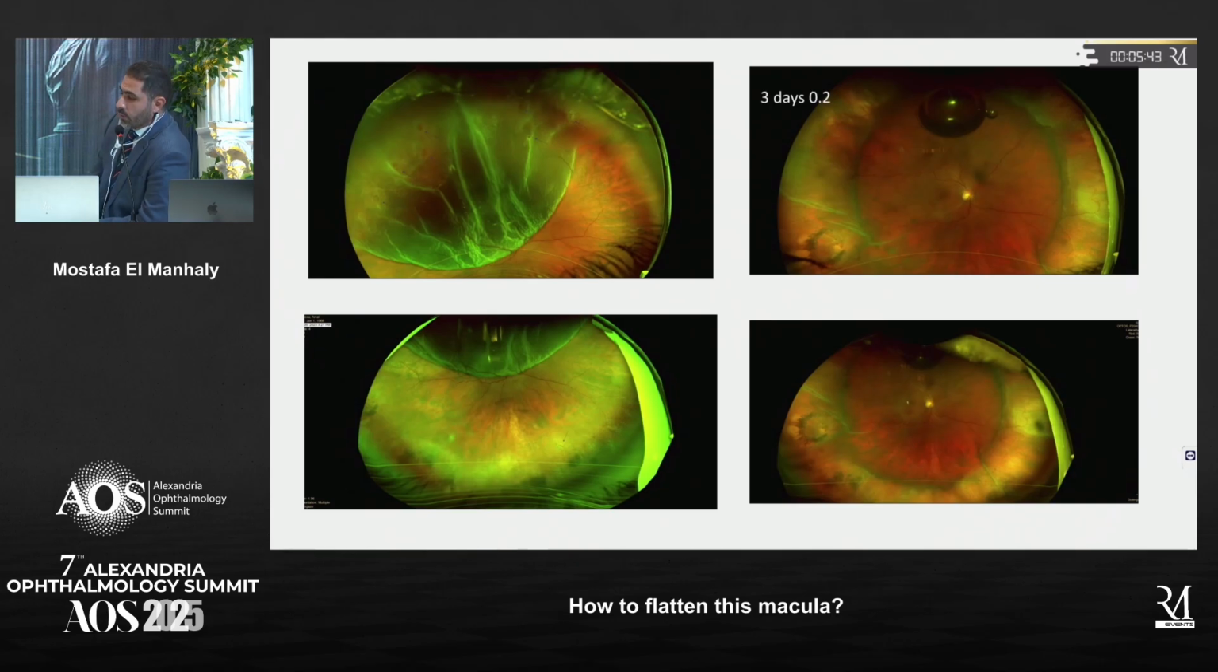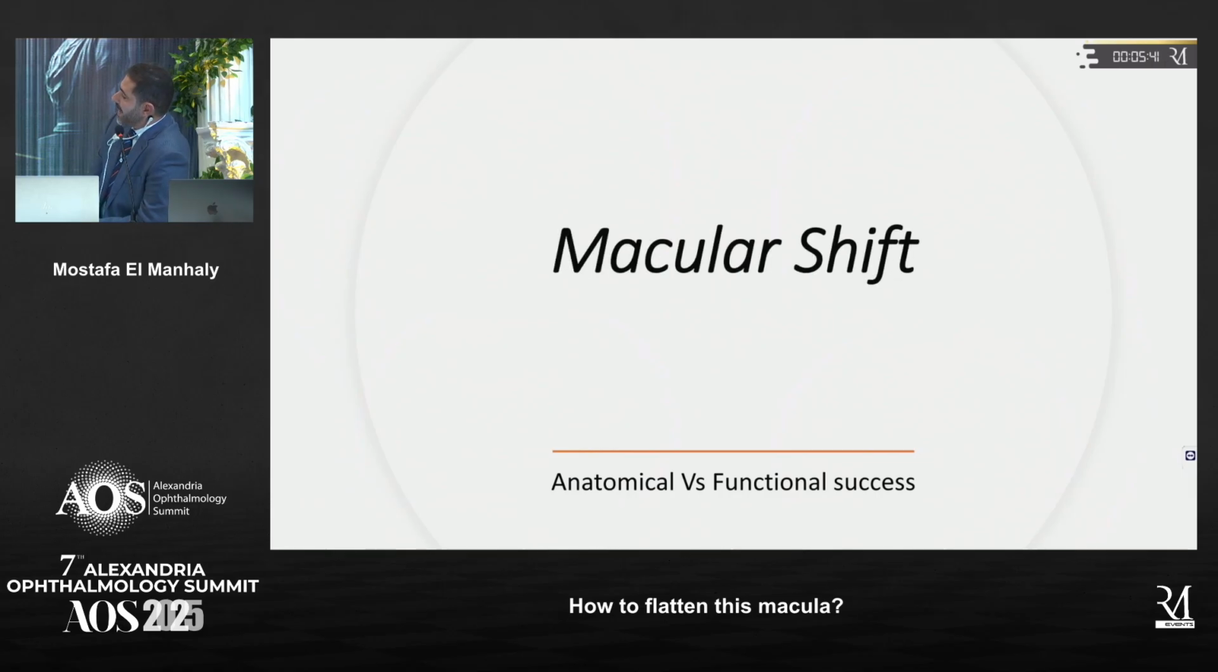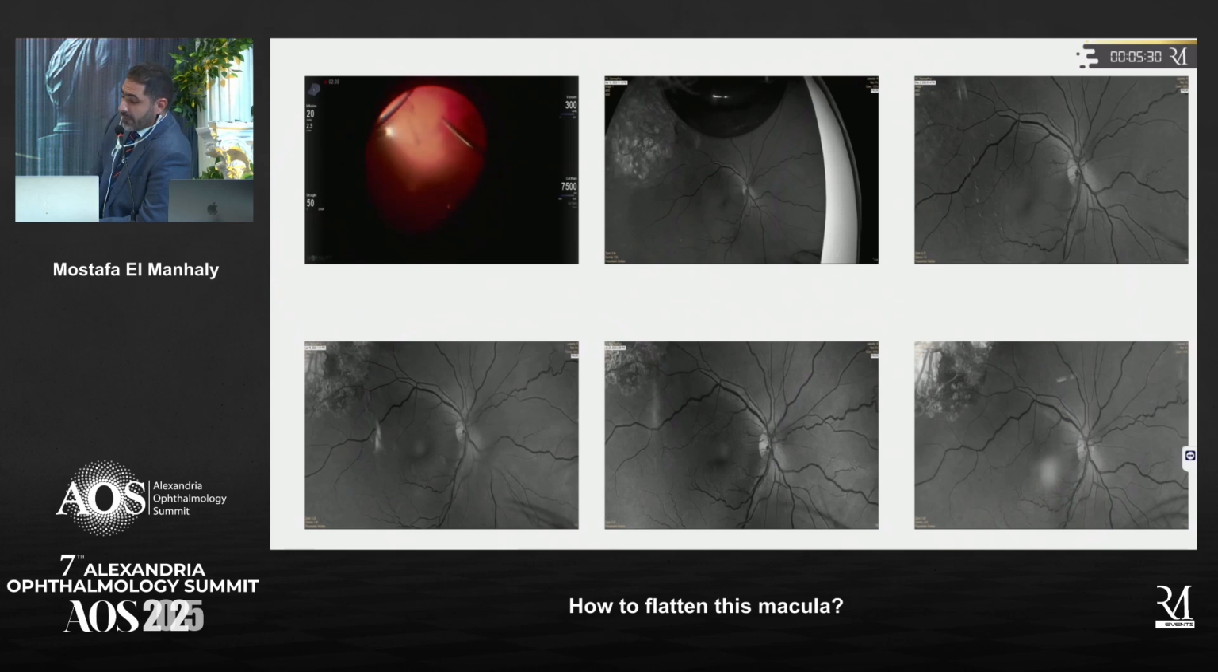So this will take us to the next topic, which is the macular shift. Which is important for us? Is it the anatomical reposition or the functional success? This is my question, because in such cases of retinal detachment, this is a case of a superior tear with a retinal detachment that underwent a vitrectomy, and I put in gas and everything went well. But on doing the follow-up